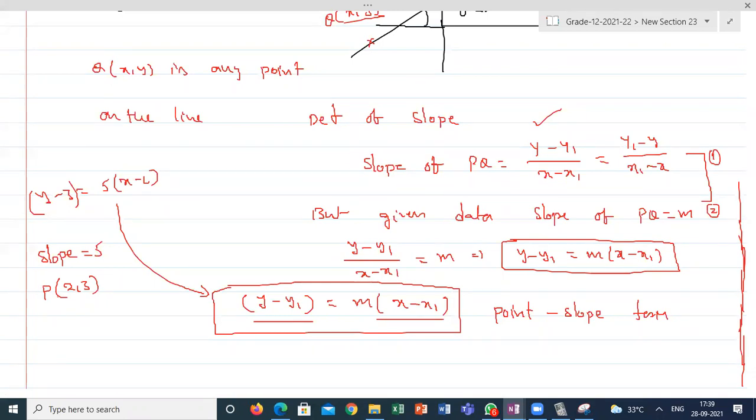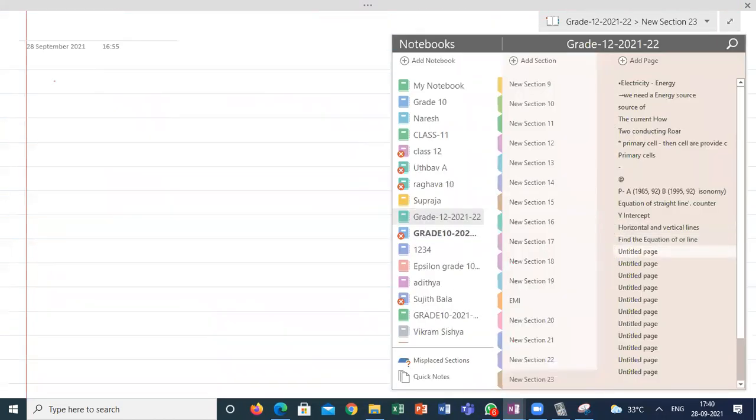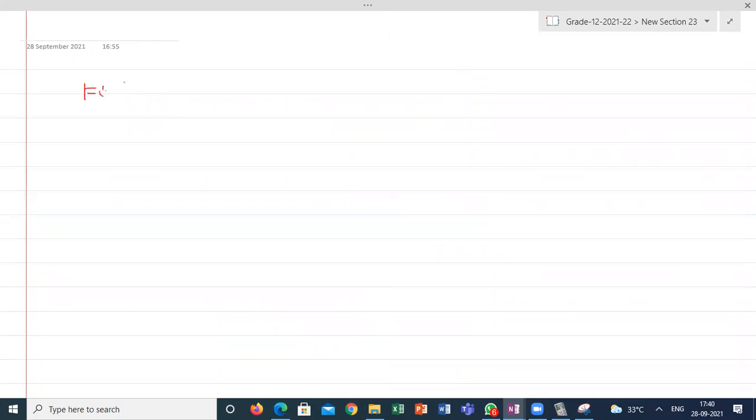We'll get one more formula for some other form. But all the forms we are deriving from the slope concept only. Next one. So we will do one small example based on this and we will move further. How they will ask the straight questions. Find the equation of straight line